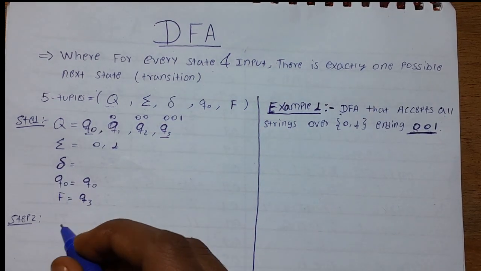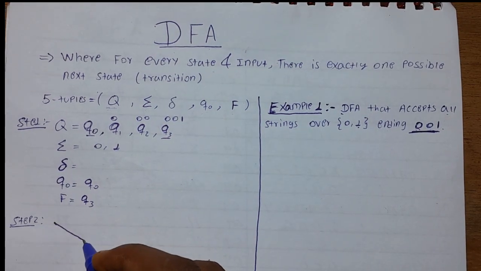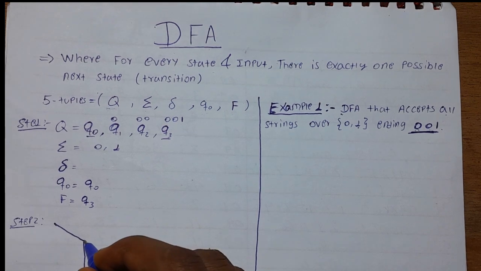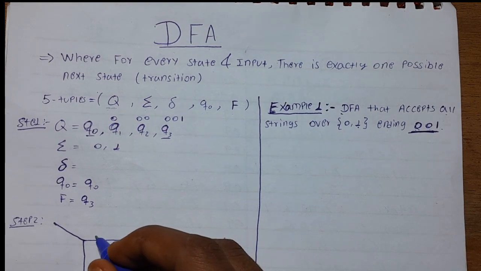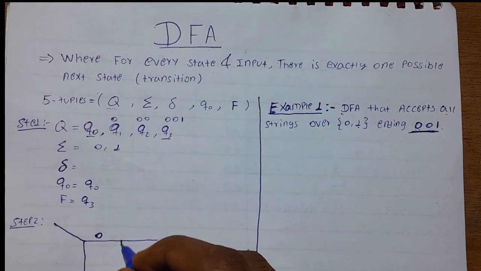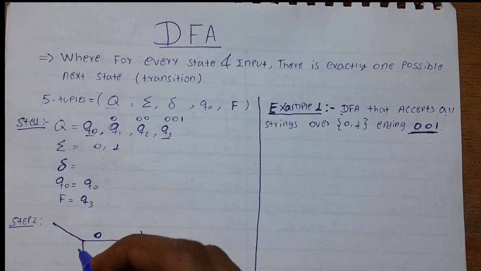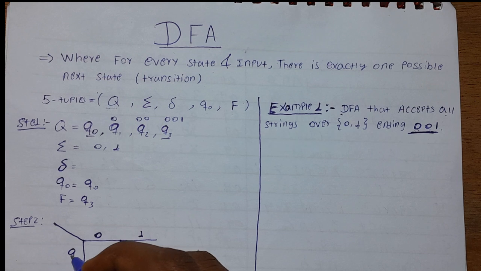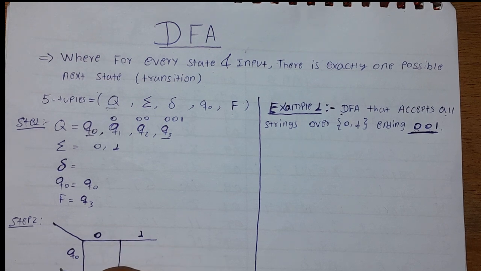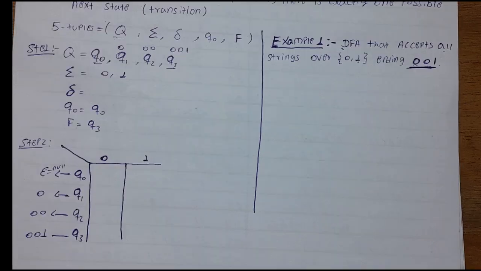To construct the transition table, on the x-axis we will write the input symbols 0 and 1, and on the y-axis we will write the states: Q0, which is the initial state, Q1, Q2,